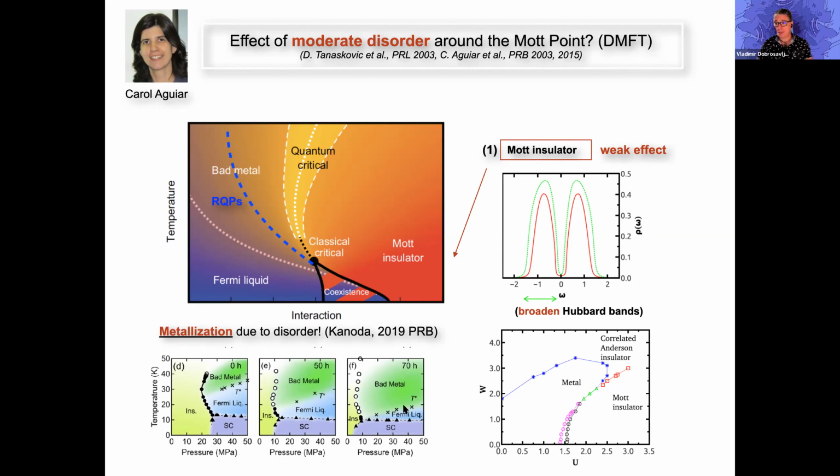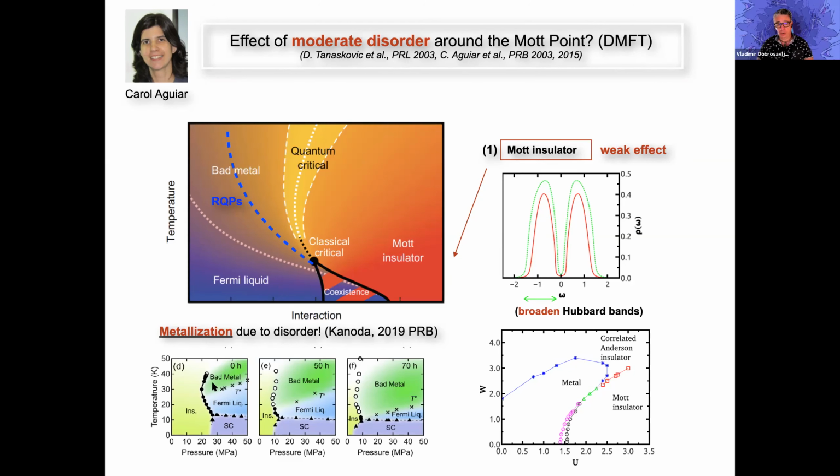Here are the experiments on these quasi 2D systems by Kanoda, who took one of those Mott systems, given by a similar phase diagram. Here you see a Fermi liquid at high pressure. At low pressure, you have a Mott insulator. There's a first order transition line, which describes the coexistence region, and it's even superconducting at low temperature. What he did is to take the system and apply high energy X-rays to introduce systematic disorder damage to the samples. The radiation time shown here, 0 hours, 50 hours, 70 hours, means that the disorder is being increased. And what he found is that as he does so, the metallic phase grows and the insulating phase shrinks.